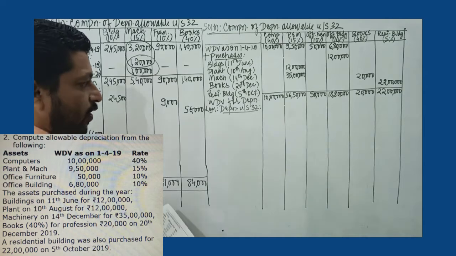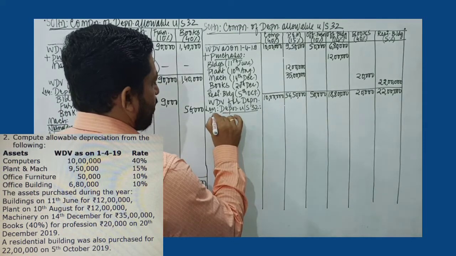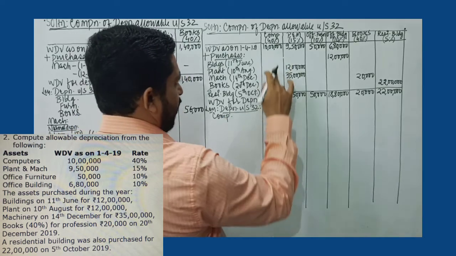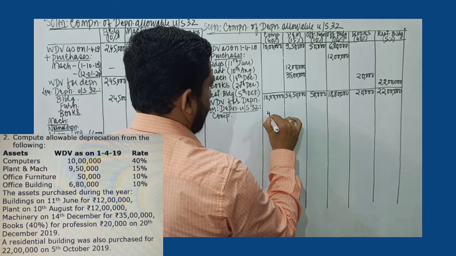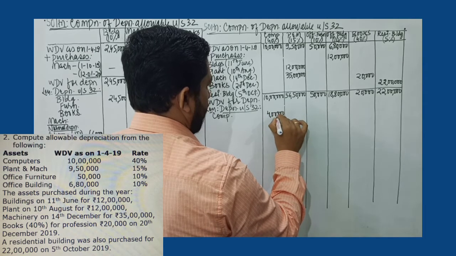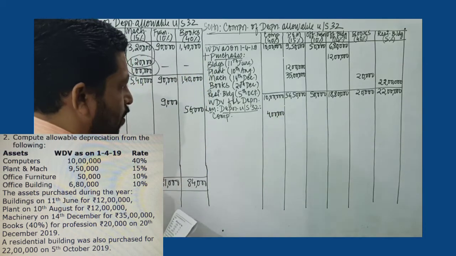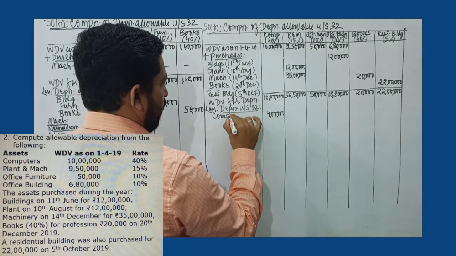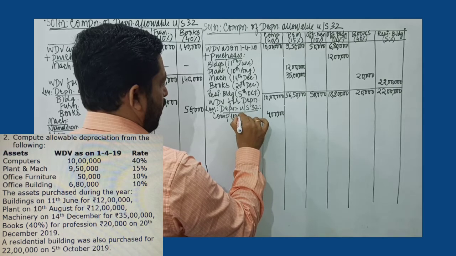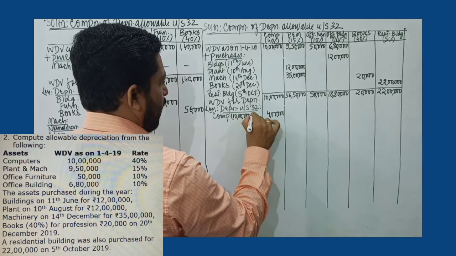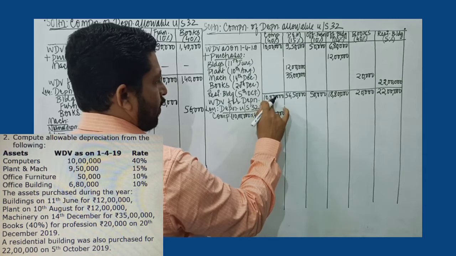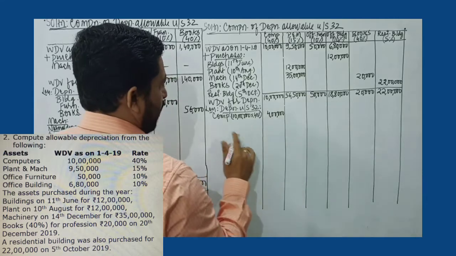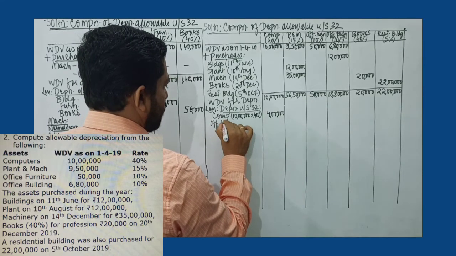Depreciation under section 32. So we can record on computers, numbers are readily available at 40%. So 40% of 10 lakh is 4 lakh. So I record 4 lakh in the computers column. That is depreciation and the rate is 40%. So 10 lakh into 40%. So if you want, we can show this here. 10 lakh is the block value into 40%. That is the depreciation rate here. So 4 lakh. Next we will go to office furniture. So I record office furniture.